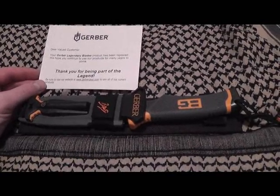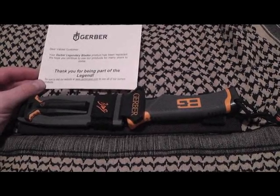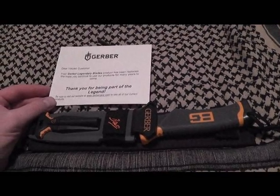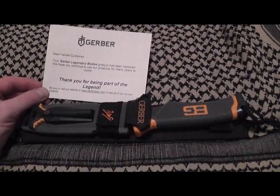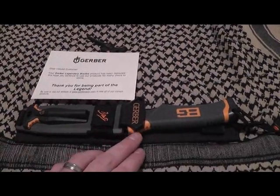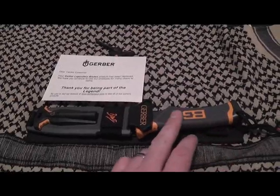Okay, so overall, I'm really impressed with Gerber customer service. What I'm not impressed with is the design of the continuous fixed blade full tang knife blade. The continuous tang all the way through the pommel. They could have easily done that